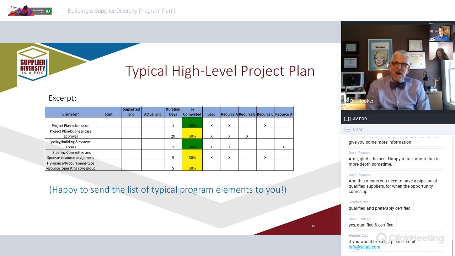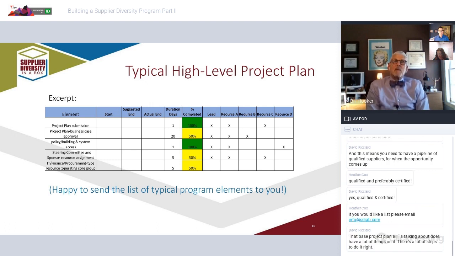Of course, the supplier diversity lead is first and foremost, but there could be resources from IT to help you get data out of your ERP system, spend data so you could analyze it. There might be needs for people in the IT sector, in the marketing sector, in the communication sector to help you write and help you transmit your change management program that we're going to talk about next. So it's always best to know what level of needs you have.